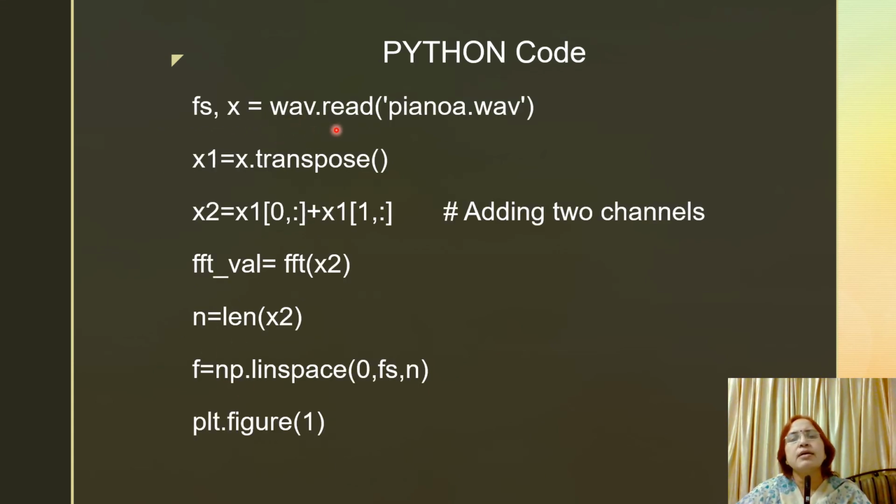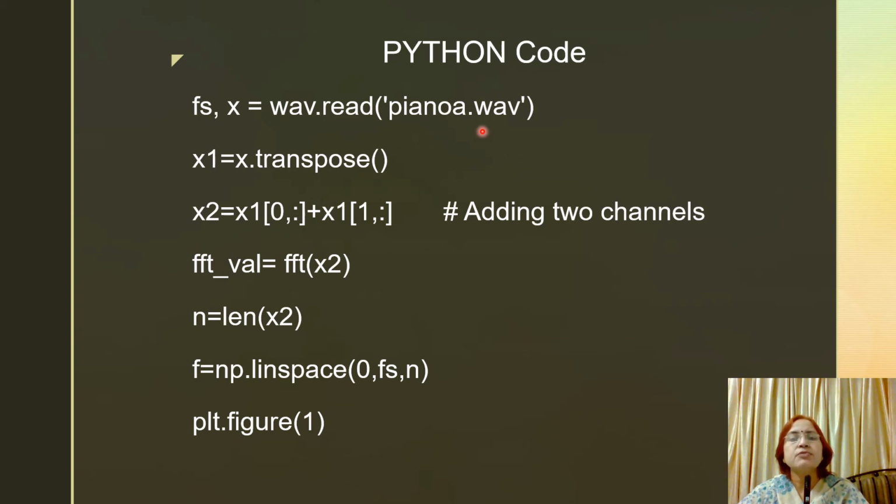Here is the wave read command for reading the audio file. Our audio file is piano a.wav, which is the audio file for the keynote A of piano. We have downloaded it and now we are going to read this audio file.